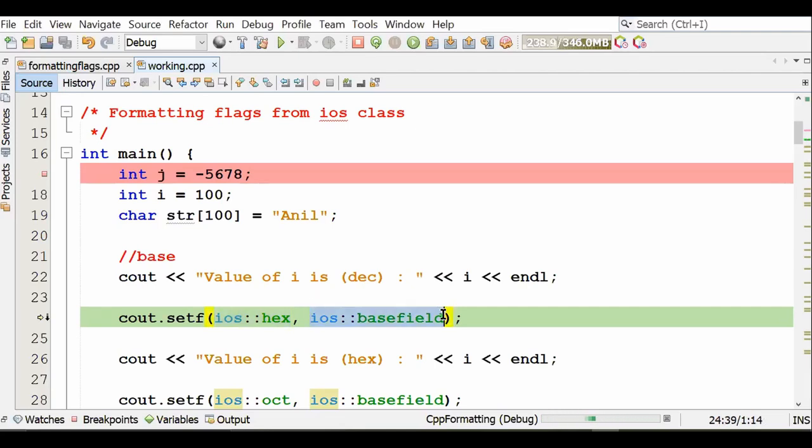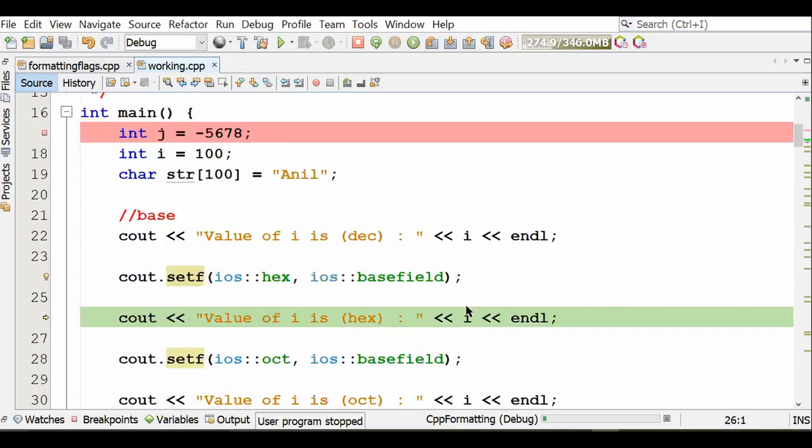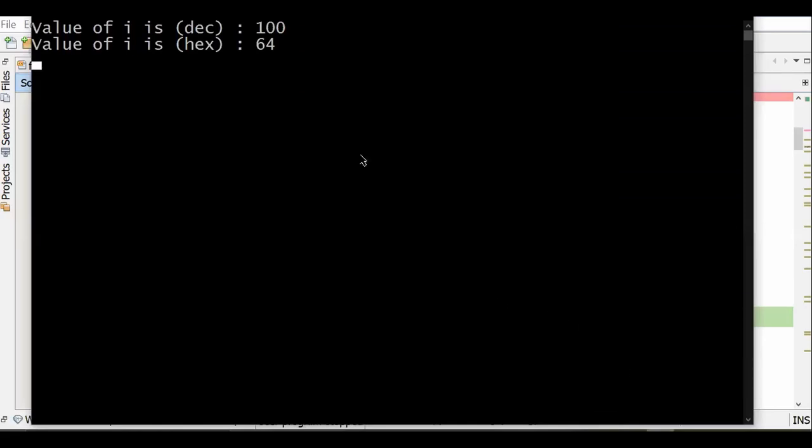This base field will achieve that result. So you do not have to explicitly turn off decimal. Note, decimal is on by default. We have turned on hex, so decimal had to be turned off. You don't have to worry, this masking will do that for you. So we have masked it, and we now display the output. Watch the output now. The same output has got displayed in hexadecimal.